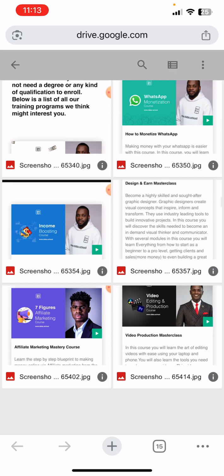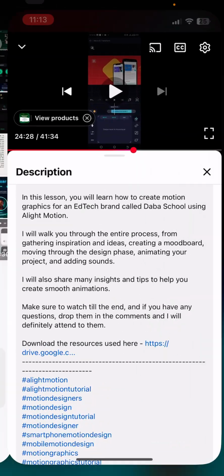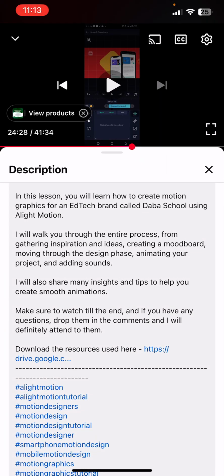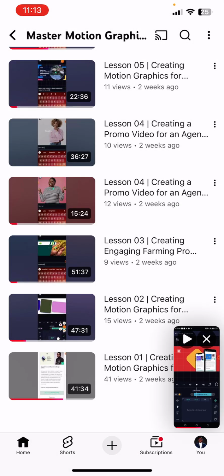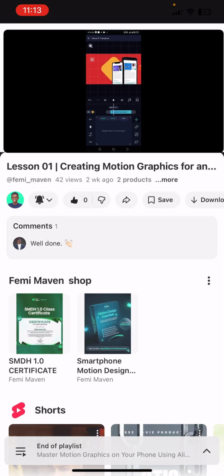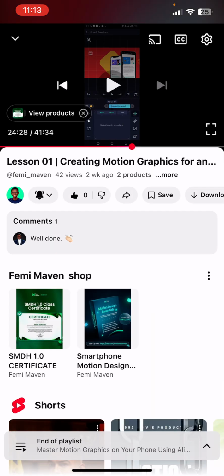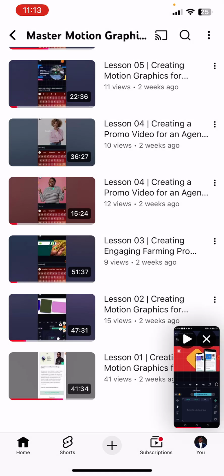These are the resources used in the practical. Can you see? Make sure you watch this one to the end, and practice what you learn before you move on to the next lesson. Don't just watch half and then move to the next lesson. It won't help you that way. So for you to get results